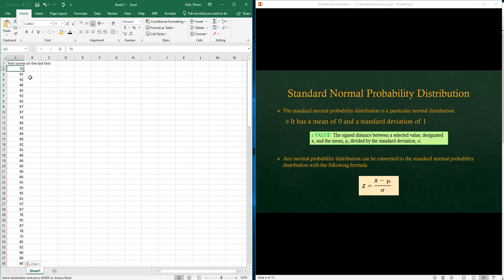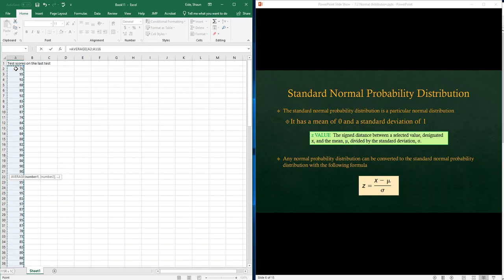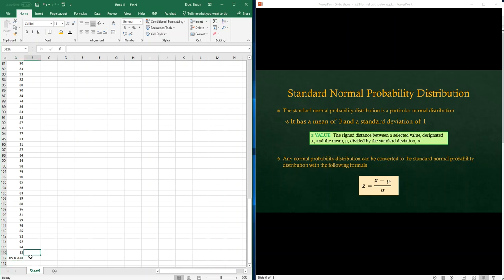Right here, I have a randomly generated set of numbers that fit the parameters of the previous exam. And so the first thing that we need to do is calculate the mean of the previous exam. So we're going to do average. And so the average was about, well, it was about an 86, but the randomly generated numbers generated an 85.83. Okay, so then we do equals